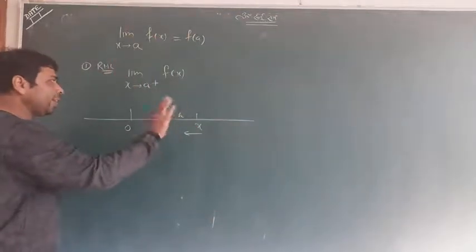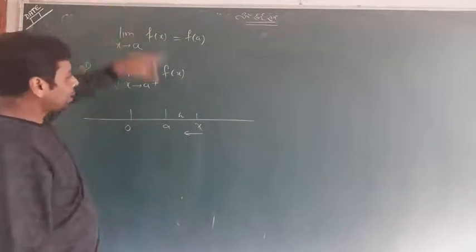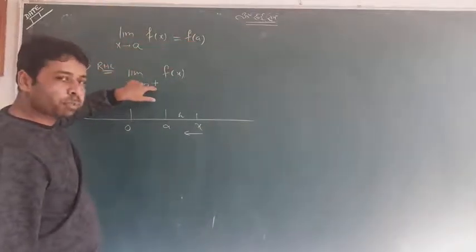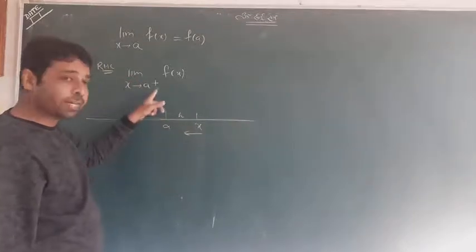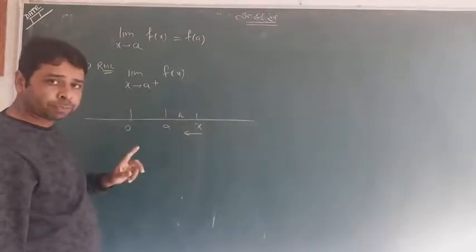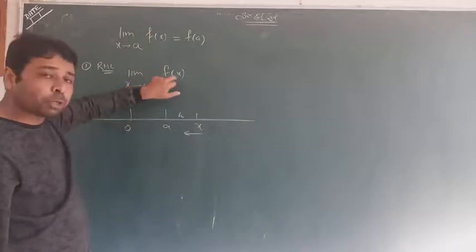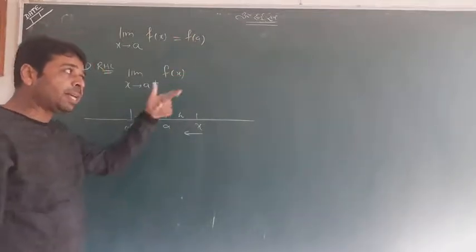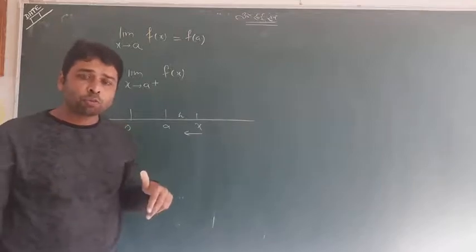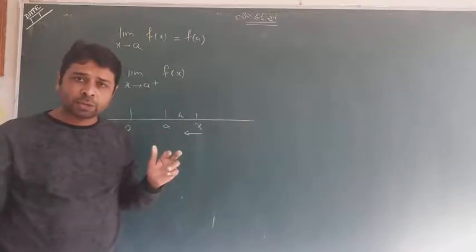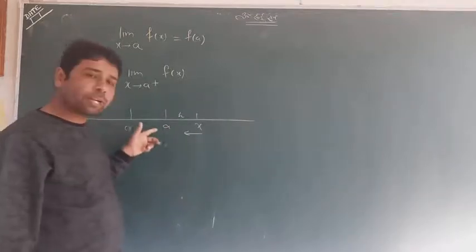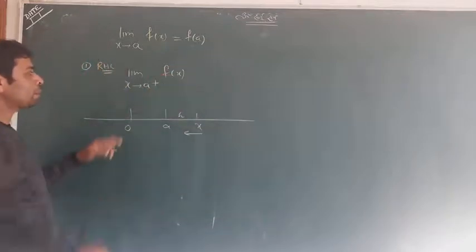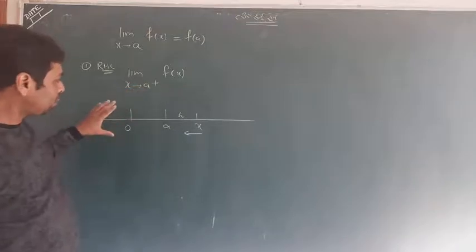And again I tell you something. Try to understand that the answer should be f of a. This means the limit as x tends to a plus, meaning x is approaching a from the right direction, and this is my function. I will apply the right limit on that. The answer should be f of a. How can we apply it? In the last example I took 2.001 and something like that. This time it is not such a numerical example, it is a symbolic example. It is x tends to a plus. Can you see the scenario?